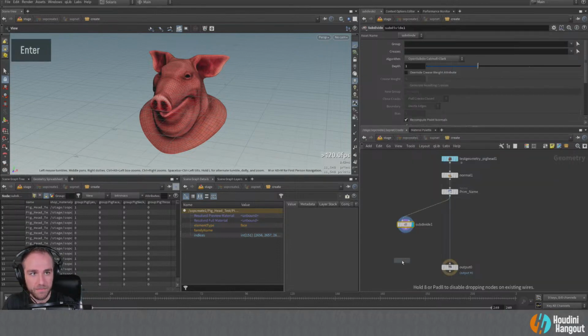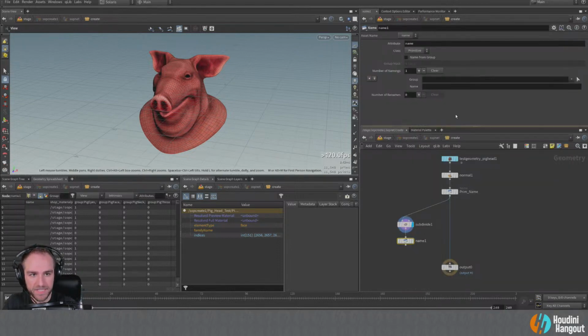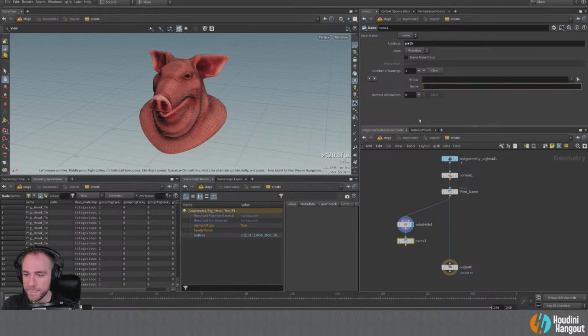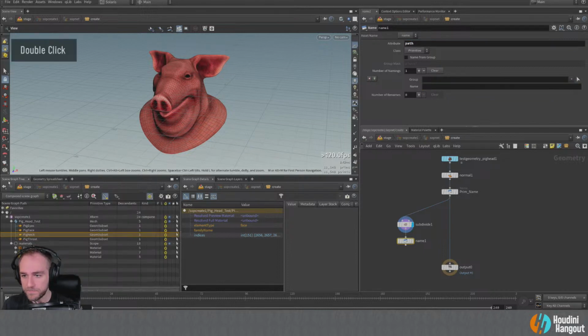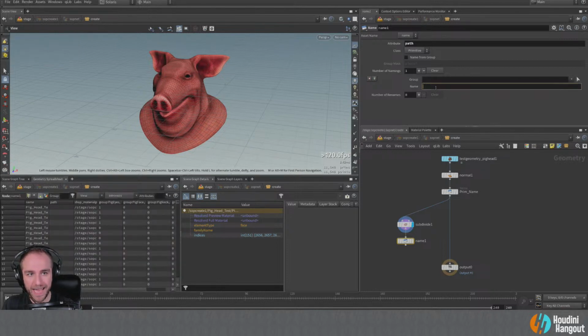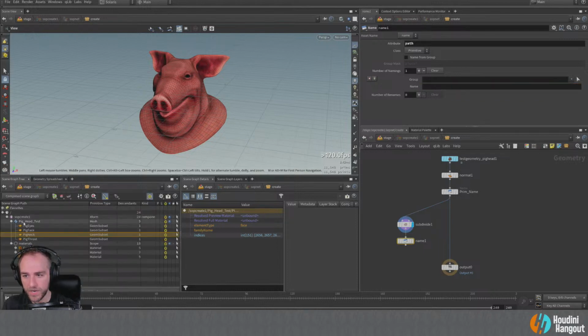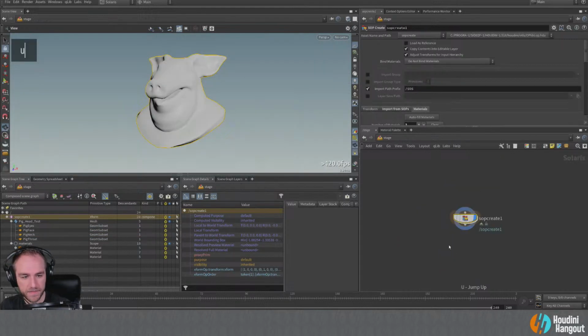So I'm going to use another name SOP. I just think it's a pretty clean way to make a string attribute and name it and type in a string real quick. So let's set up a path here. Okay, let's think about this.